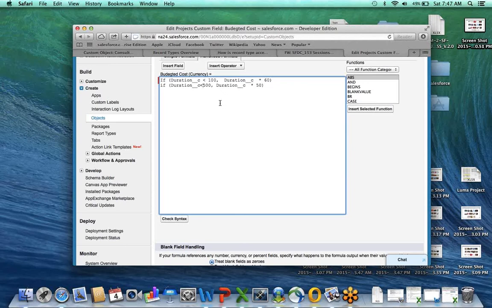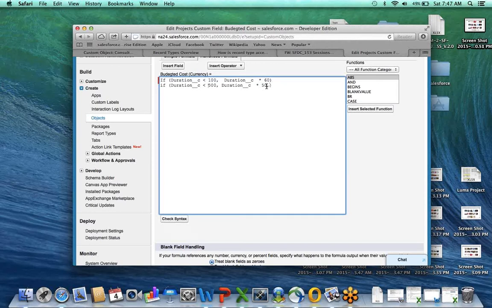Yeah. So see, we have given the condition. If duration less than 500, then budgeted cost should be equal to duration into 50, right? After 50, you need to give one more comma.